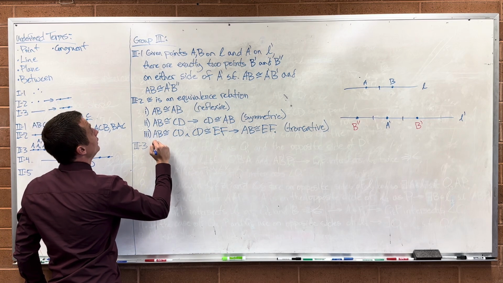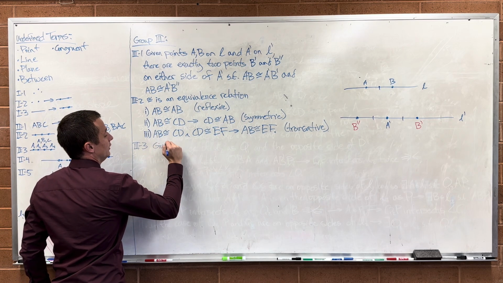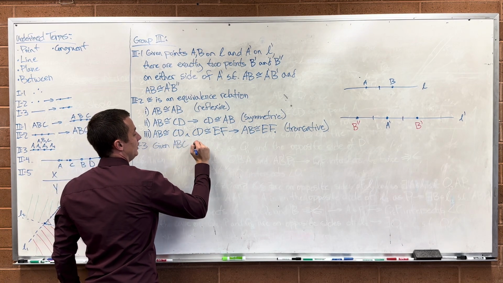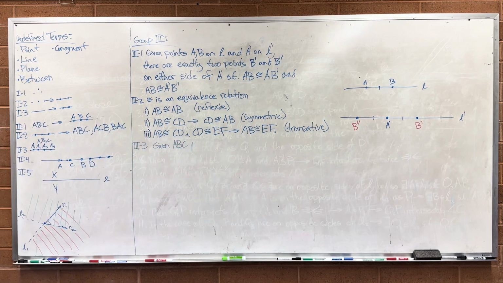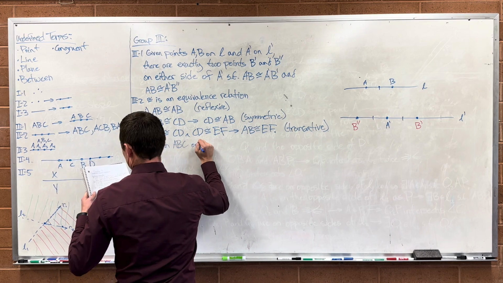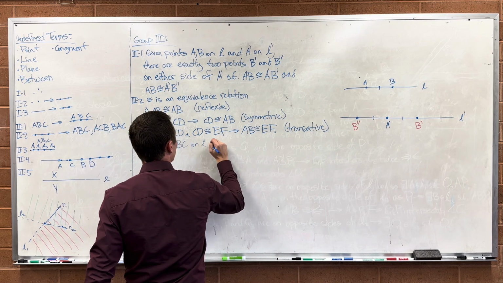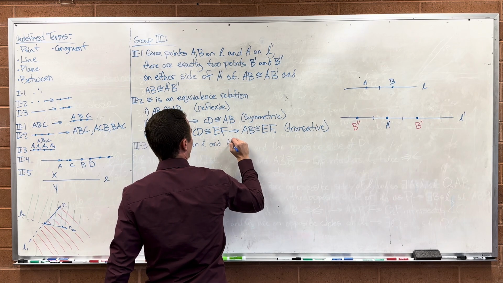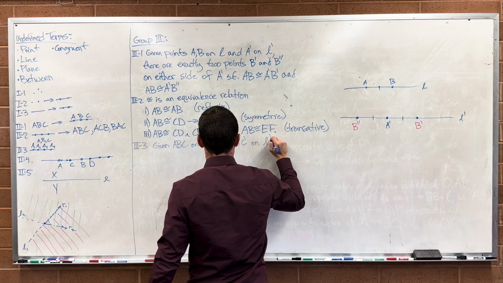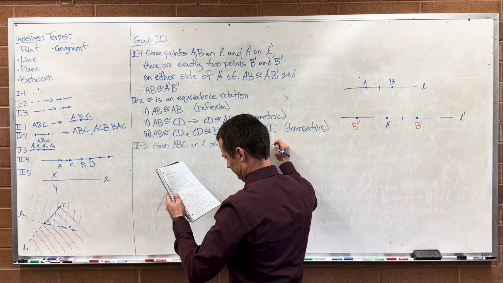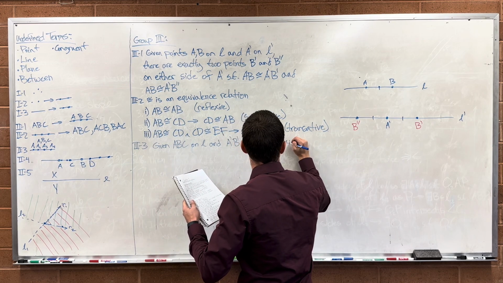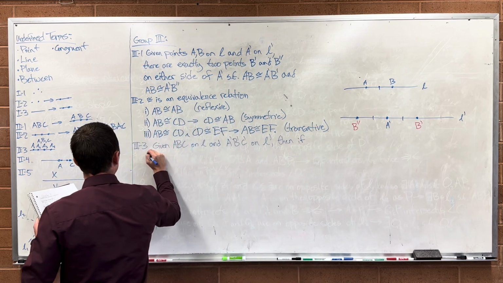And what does this one say? It says, given A, B, C on line L, and A prime, B prime, C prime on line L prime, then if